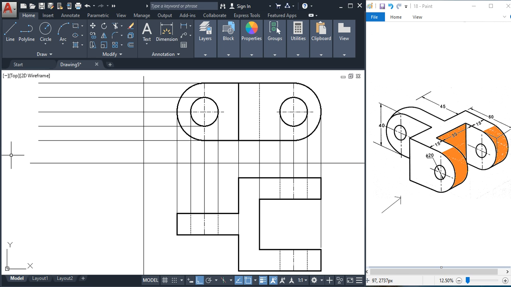We'll assume this object is kept at some distance from the profile plane, so we'll take this much distance here, and draw this line here. This is of 65, and we'll draw a vertical line here in the vertical direction, and this way is once again 65, and we can join here.